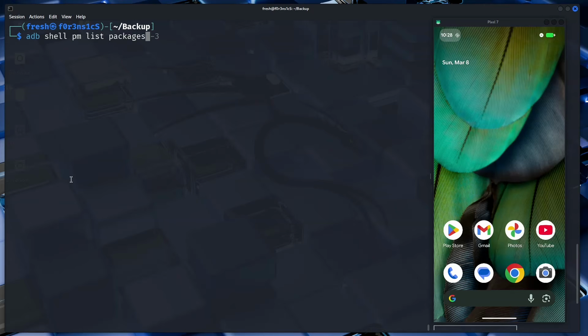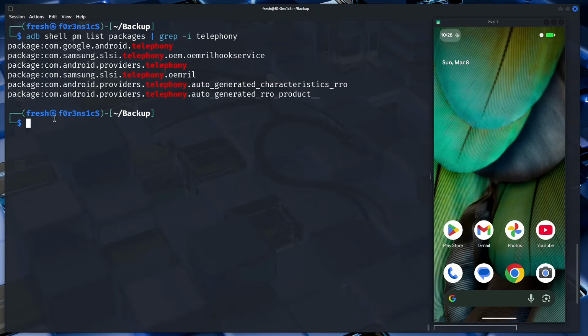That package has telephony in the name, so I'm going to run grep with a -i. I'm grepping for telephony. It's going to be this package right here, com.android.providers.telephony. This is the Android system package that is responsible for storing SMS messages, MMS messages, and any related telephony